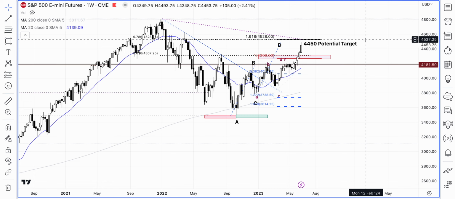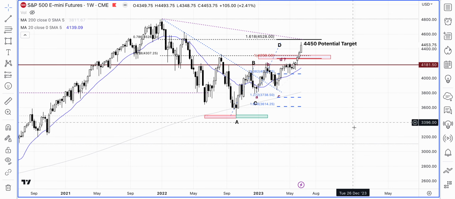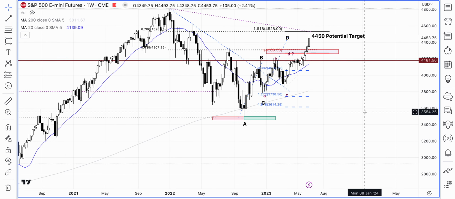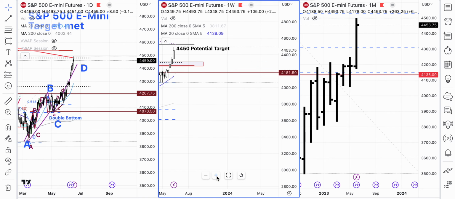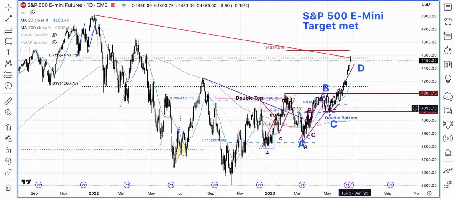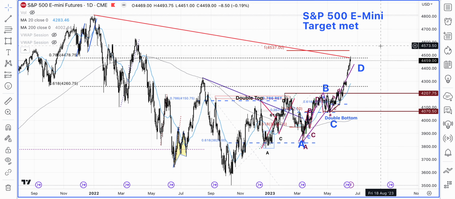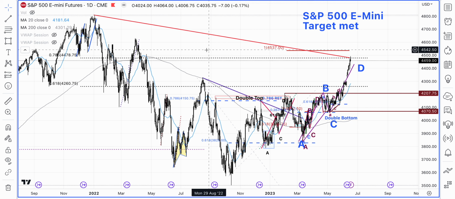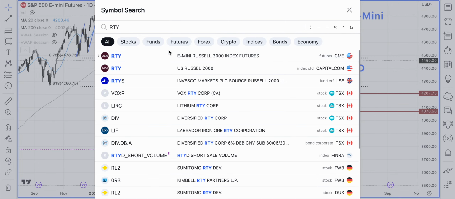4,500 to 4,530 also remains a possibility on the weekly chart, but on the daily chart, the targets that we were looking at, we have a completed ABCD pattern formation. So guys, this is what we are looking at in terms of these two key indices. Let's also take a look at the